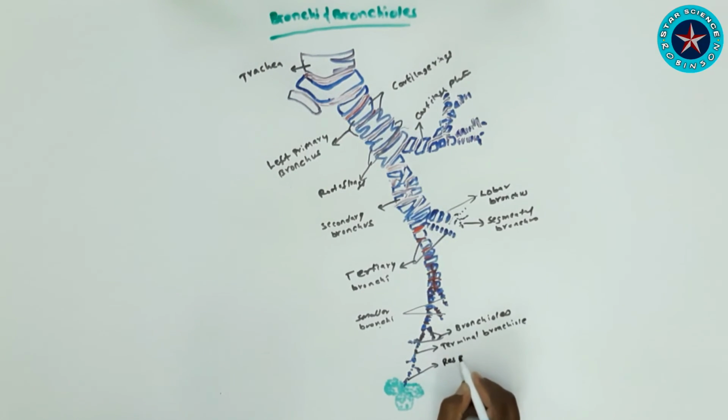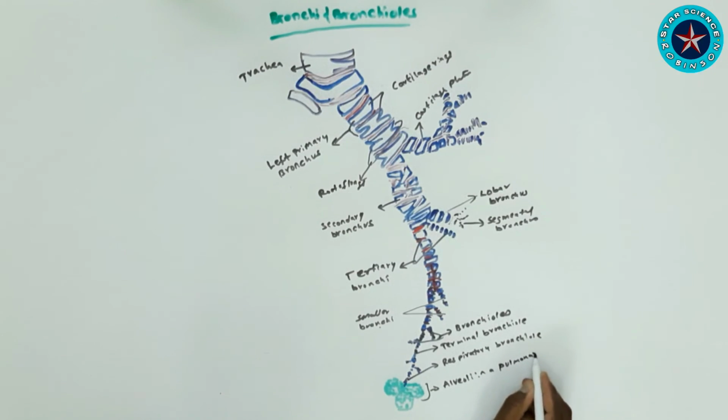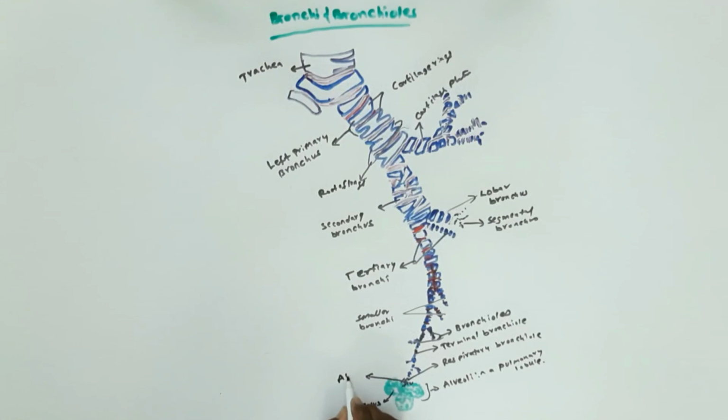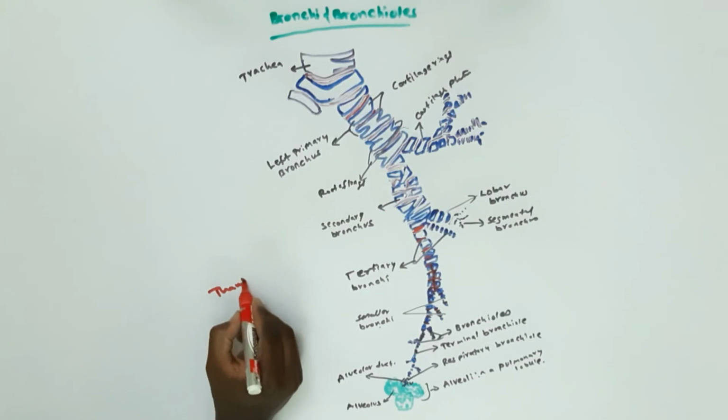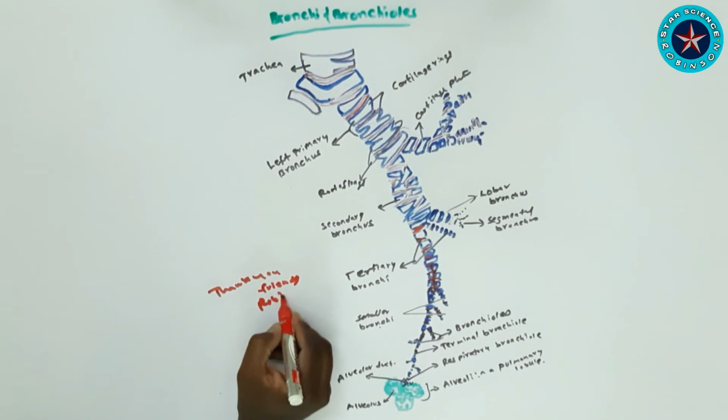That is what you are seeing in our diagram right now, lined by ciliated cuboidal epithelium and some non-ciliated cells called Clara cells. Alveoli are in cluster form in the pulmonary lobe. Alveoli means many, and alveolus means single, and here we can see the alveolar duct. The functions are control of air entry, warming and humidifying, support and patency, removal of particulate matter, and the cough reflex.